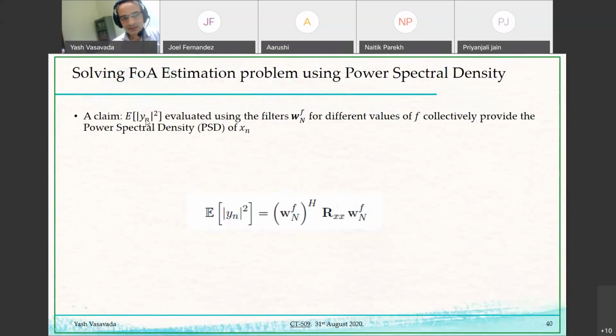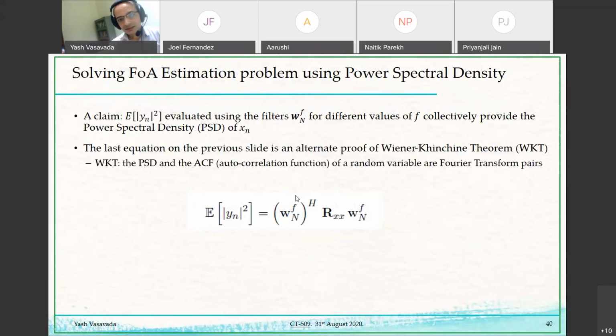What I'm saying by this claim is that these filters, especially when I take the expected value of their output squared, behave as if they are taking the Fourier transformation of the autocorrelation sequence of x of n. It seems surprising that this is doing that,